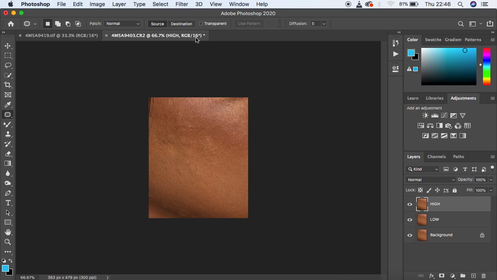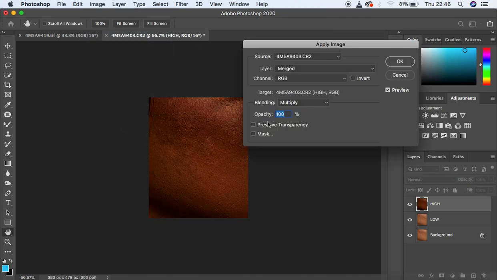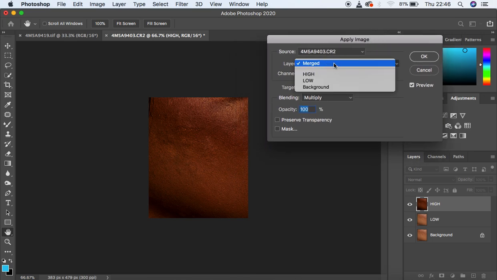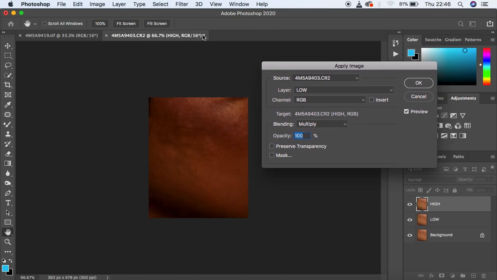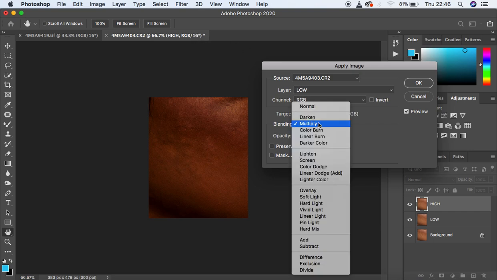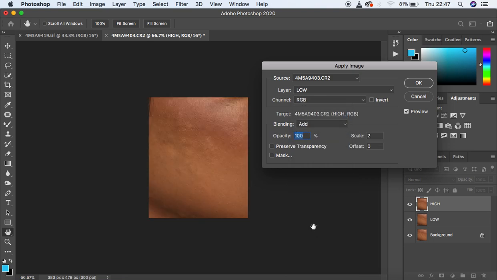Since this is a 16-bit image, I'm going to come to Image and Apply Image. For this case, you're going to select the low frequency layer, and for a 16-bit image the blending mode is Add, and for an 8-bit image the blending mode is Subtract. In order to see whether your image is 8-bit or 16-bit, you have to look at these figures right there. For this case, I have a 16-bit image. I'm going to select Add, and scale is 2, offset 0,